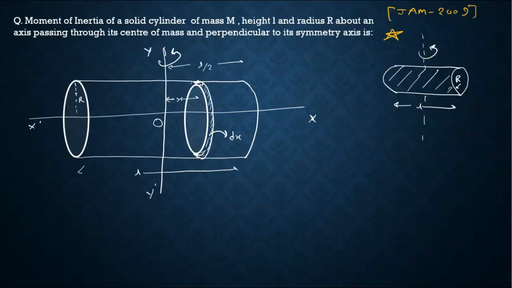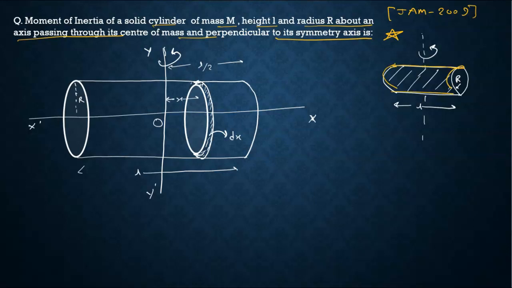Now this question is from JAM 2009 and a pretty important question. So this question is saying that the moment of inertia of a solid cylinder of mass m, height L and radius r about an axis passing through its center of mass and perpendicular to the symmetry axis. So we're given a